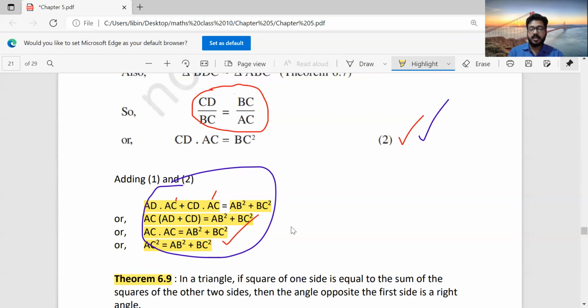Then we have seen the relation between the areas of similar triangles. Then now we have seen the Pythagoras theorem. So all such things we will be using to prove some examples also. If you want to do that, obviously you need all the knowledge which we have learned here. Okay, so prepare well, study well.